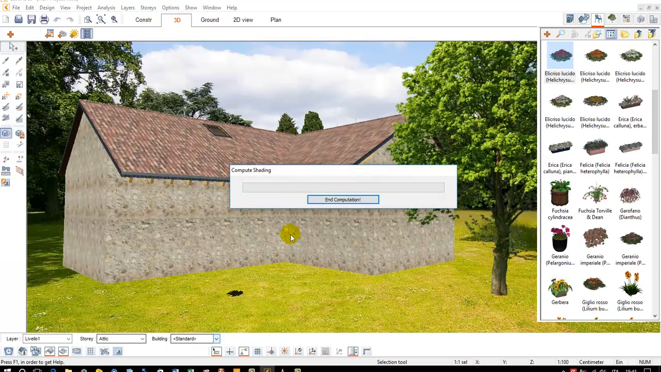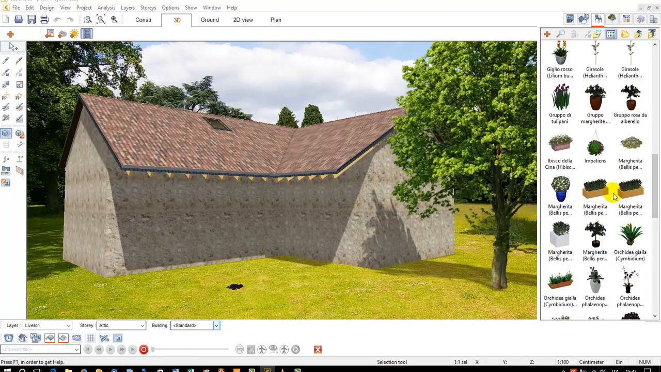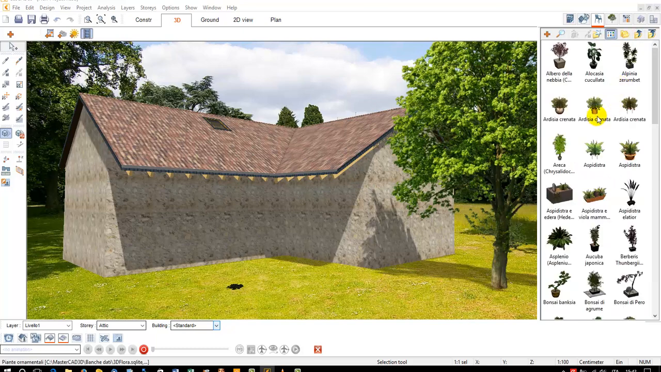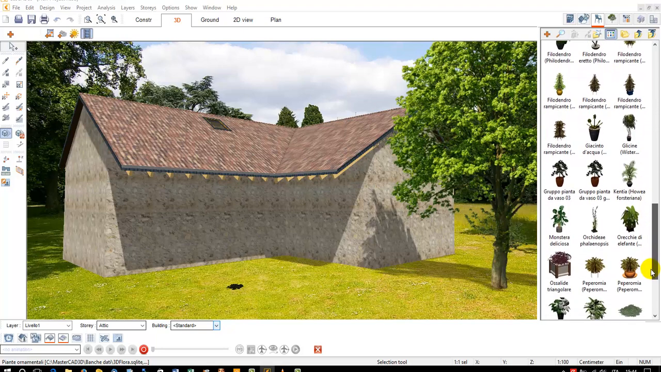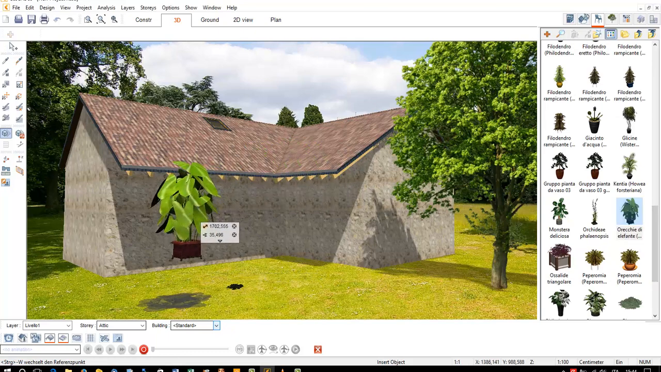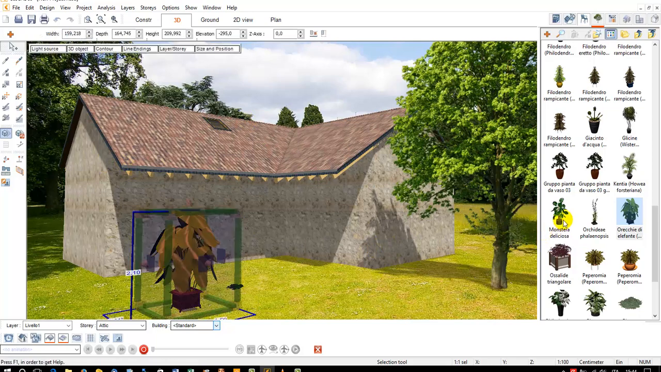It's much faster to go in 3D, but it's very small. Okay, I take a bigger flower or tree. For example, this is for the apartment. We can get one element like this. This is a little bit bigger. Okay. Or we can also just click on